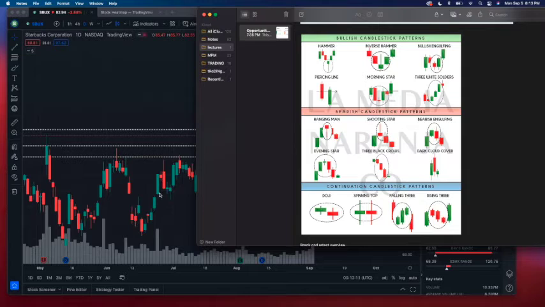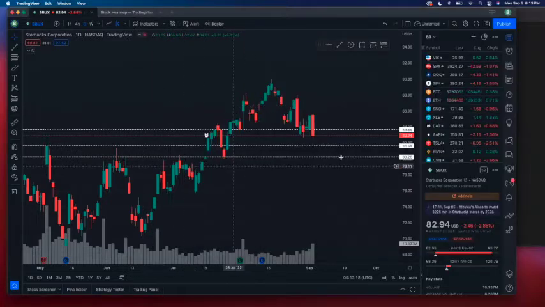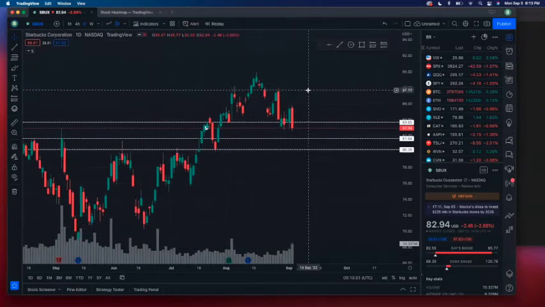So let me know if stuff isn't making sense. What is the time frame of this chart? This is the day chart. So this is just a regular day chart. But yeah, so